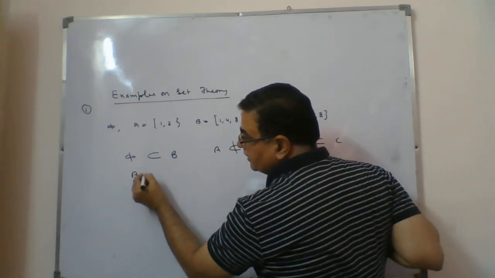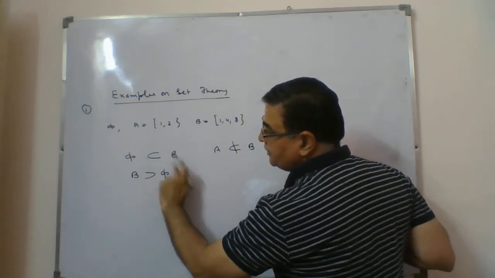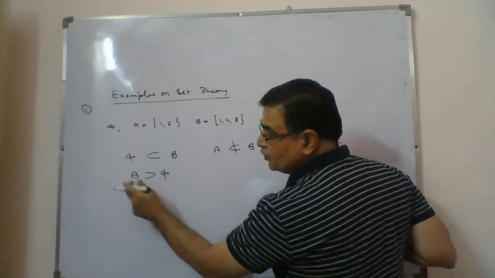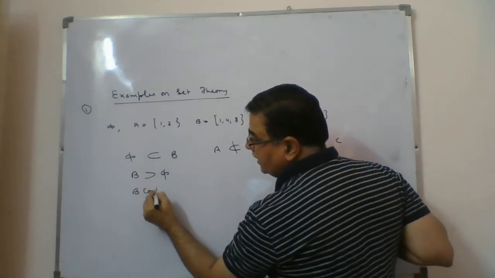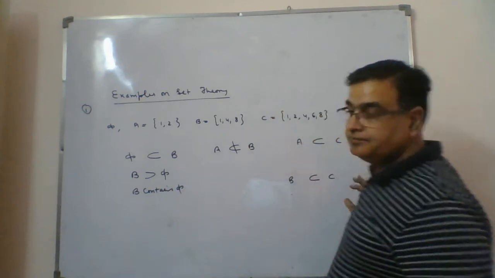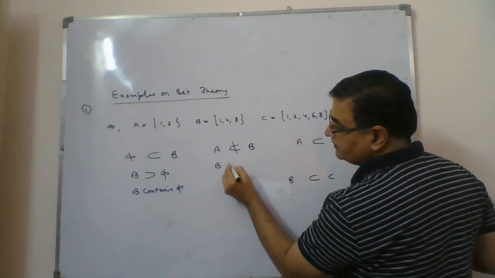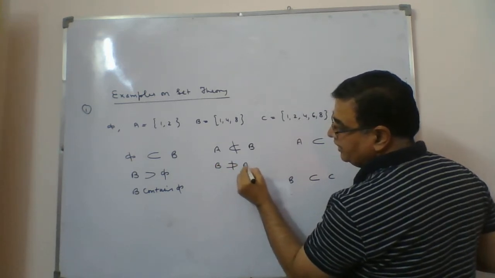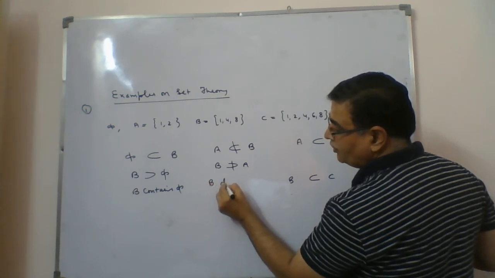B contains phi. When you reverse it, B on that side, phi. This also I told you. B contains, how do you read it? Contains phi. What you will say? If I shift B here, then the symbol will change for A. Then we should say B does not contain